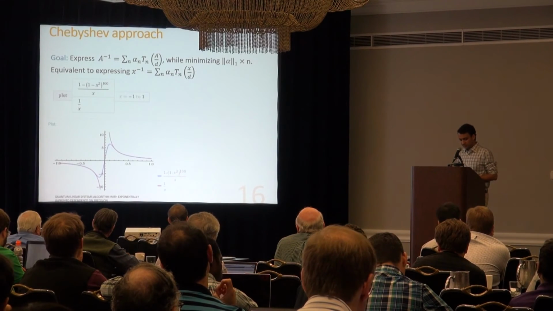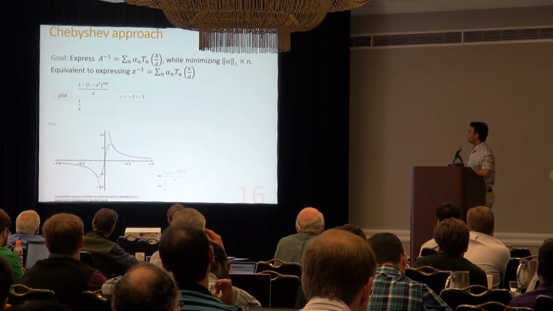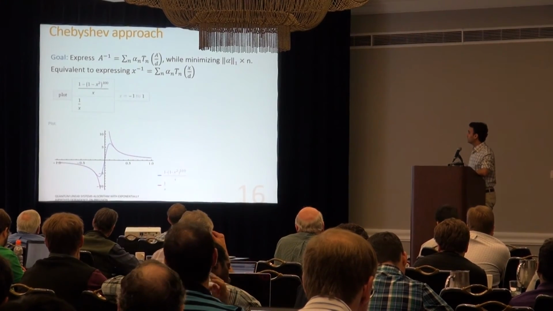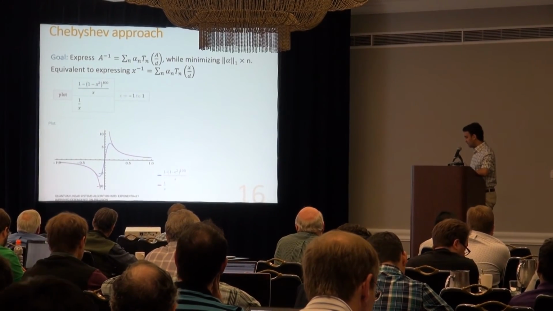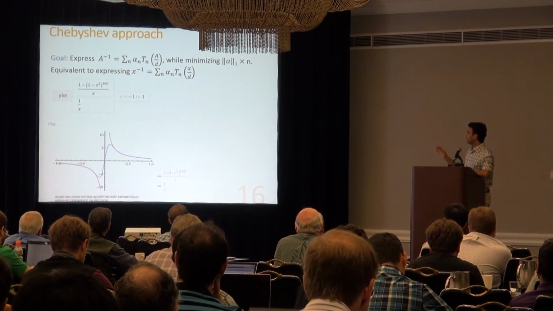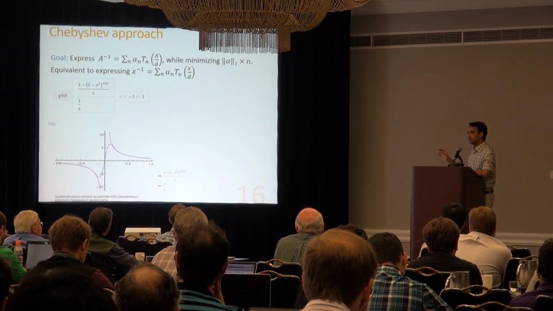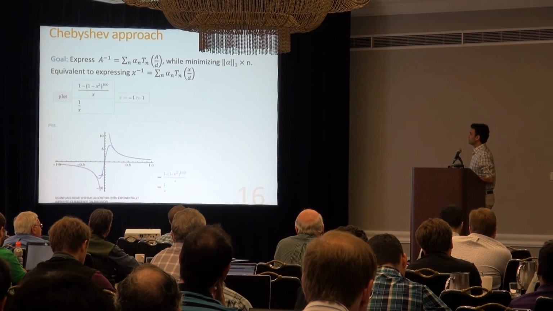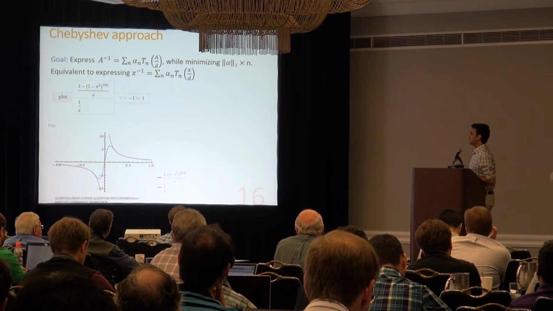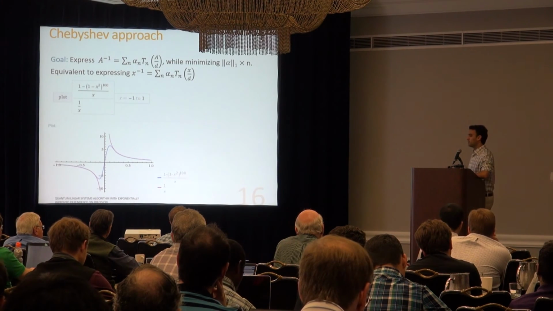And now what we want to do is represent this function, 1 minus x squared to the 100, over x, as a linear combination of Chebyshev polynomials. But wait, this function is already a polynomial, right? Well, it doesn't look like a polynomial because I'm dividing by x, but if you look at the numerator, there's no constant term. So it really is just a normal, legit polynomial. And the Chebyshev polynomials are polynomials. So well, that's a good start,